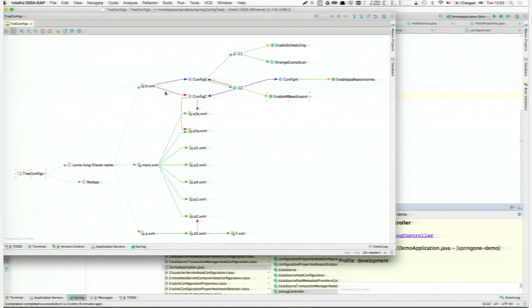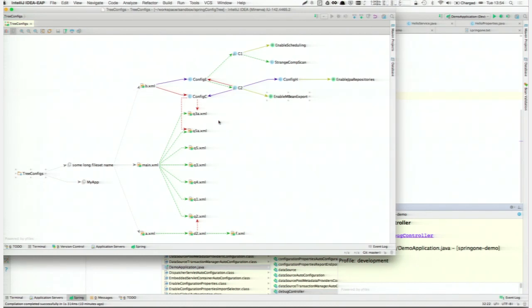Yeah, just for completeness. Of course, nobody is going to use XML anymore. But as you can see, there are different shapes and different arrows and colors here, visualizing the relationship between all those configuration files. So for example, if you have imports, if you have component scans, which in turn trigger another set of configuration beans, you would really have a hard time to understand those relations by just looking at the code or by just guessing what this component scan might trigger or might not trigger at runtime. So I think this is a very nice possibility to actually see what your Spring configuration